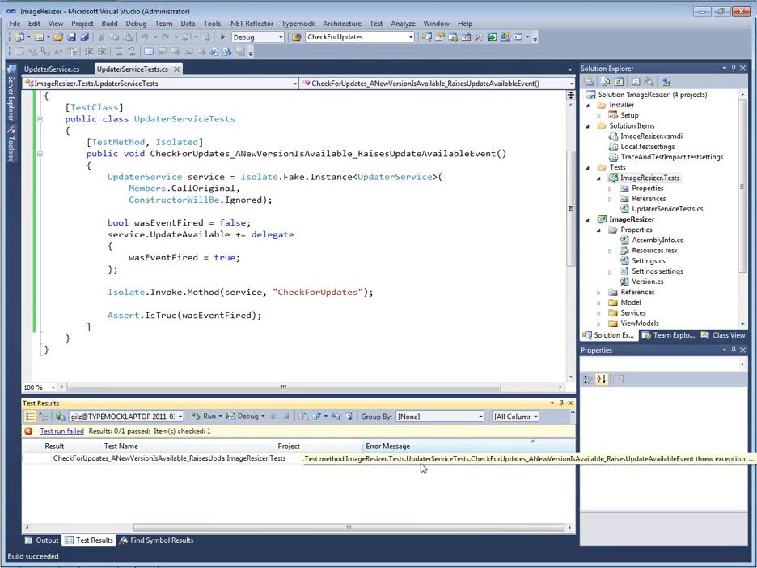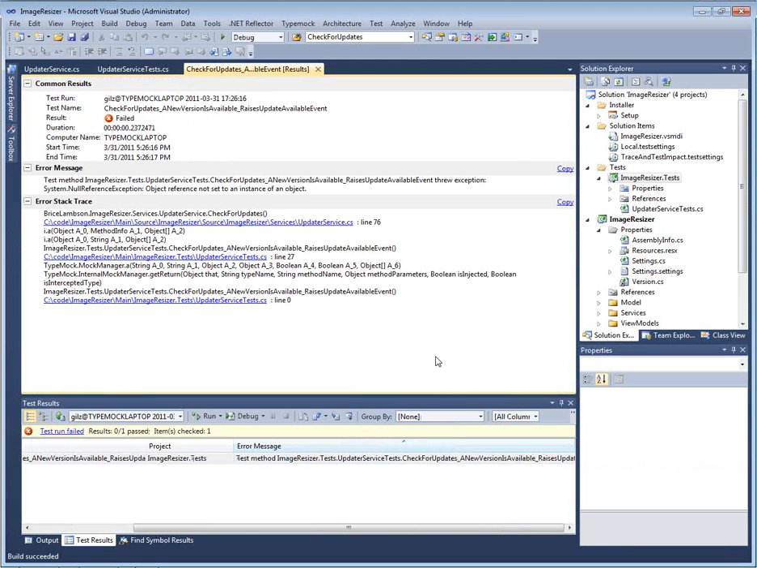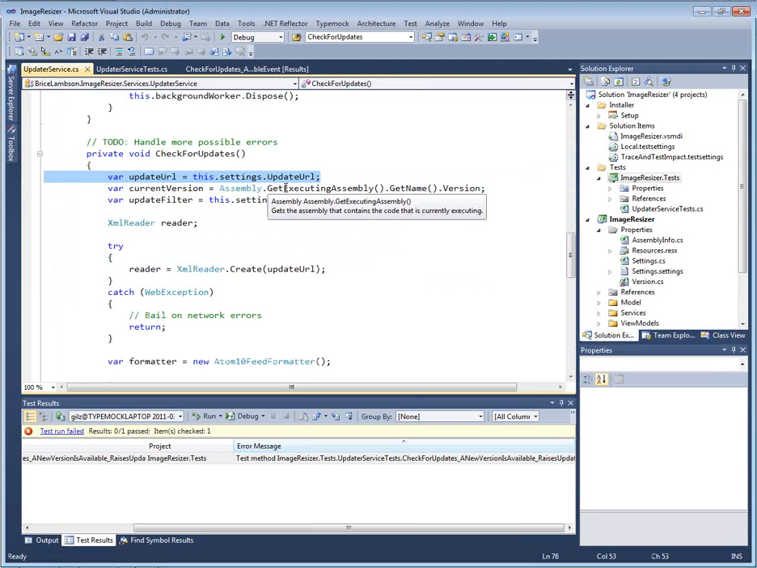So I can see that right now it threw an exception, and I can look at that. I can see that a null reference exception was thrown, and I even have a line number. And if I jump to the line, I can see that it was thrown because it's trying to access this